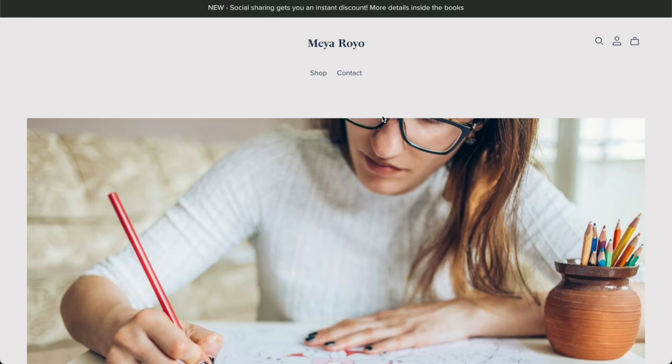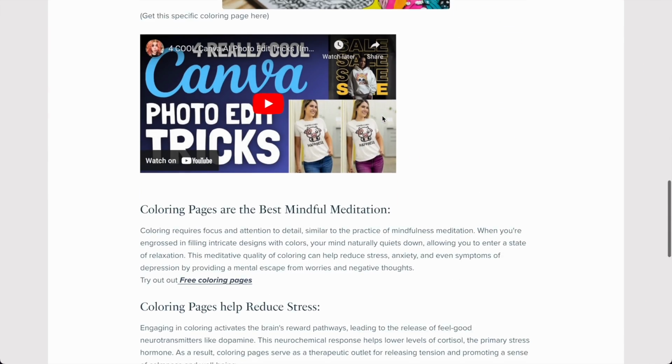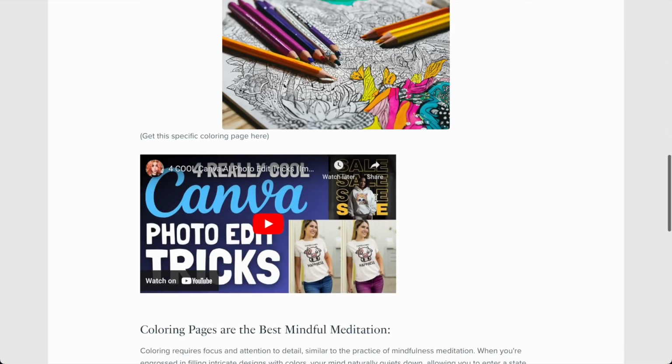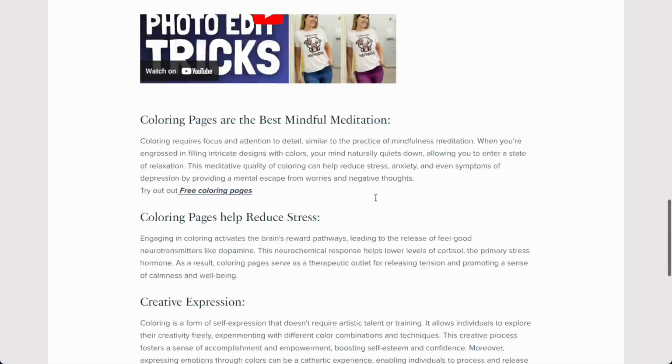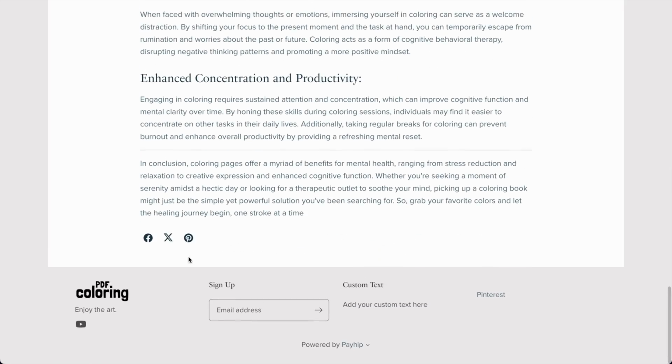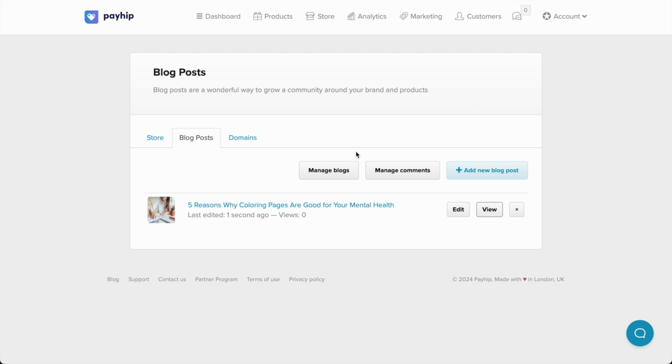Now I can view it, and it would look like this. It's a mess, I know. This is what happens when you try to show everybody everything. And there is an automated share option at the bottom for people. But what also happened is that now I have something here to manage comments, which I don't have yet, or